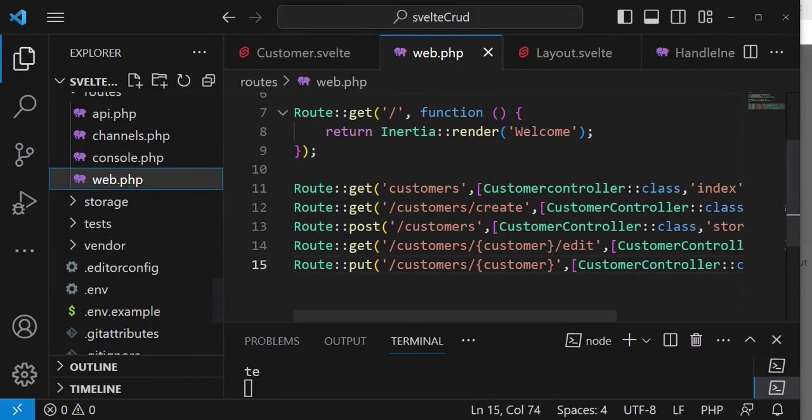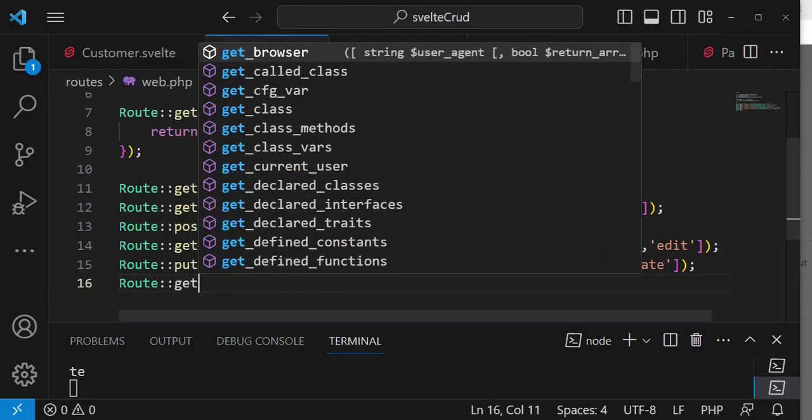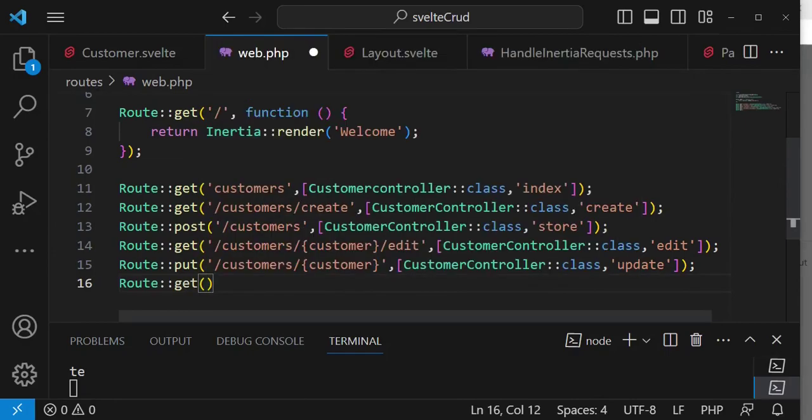So in this case, let me just extend this, and here we are going to have route get, and at the end of everything, you can be able to collapse on all these routes into a resource route, and everything will still work perfectly. So route get, and we are going to have customers, and then we are going to pass in customer,